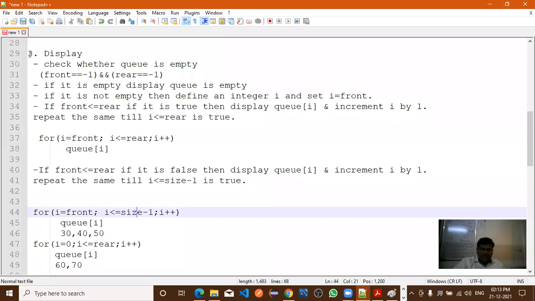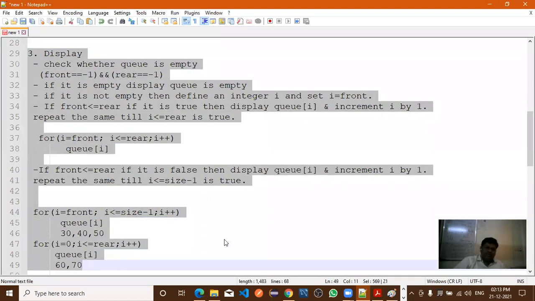So all of you have dictated this display function in your notebook, or take a screenshot of the same. Now is there any doubt up to this? So the display function also we discussed. Is it possible for you to implement it by using the C program? Already I have explained all the logic. Now the only thing remaining is the writing of code in C.